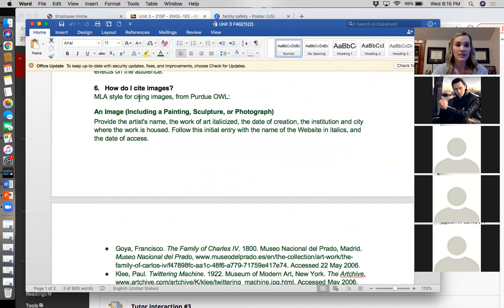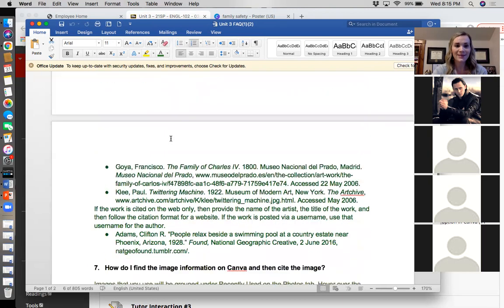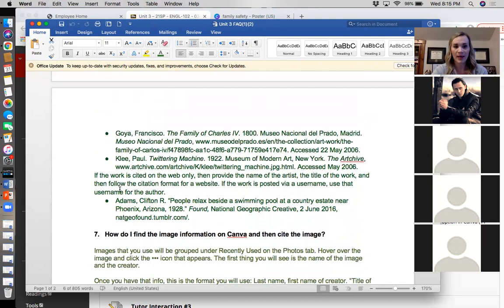Okay, and this is one that I get a lot. How do I cite images? What people get marked down the most for on this essay is that they don't cite their images. You have to cite your images, okay? If you pull it from any site, you're gonna use this format here that you see here, but I specifically